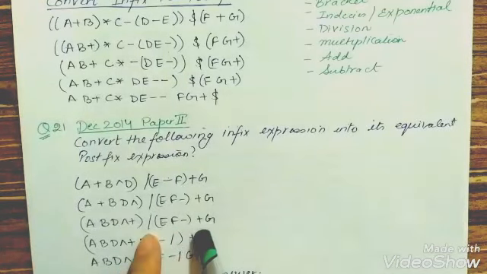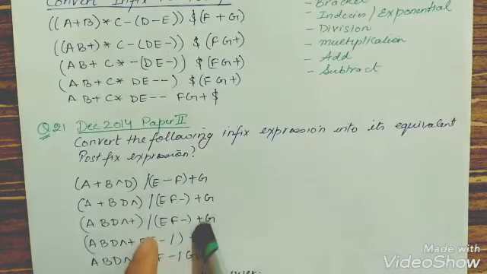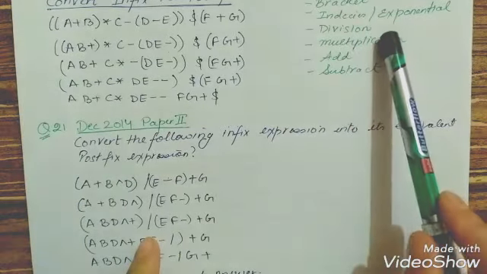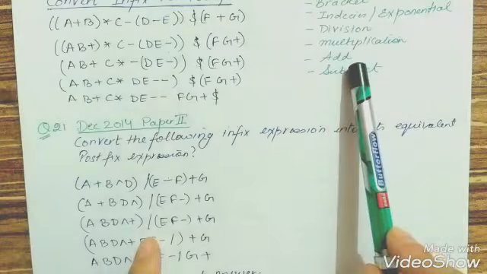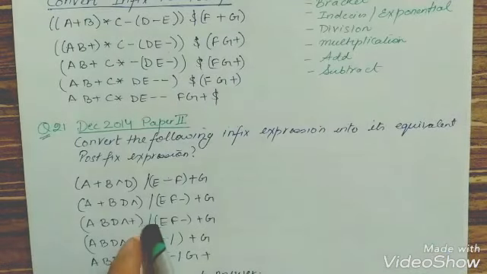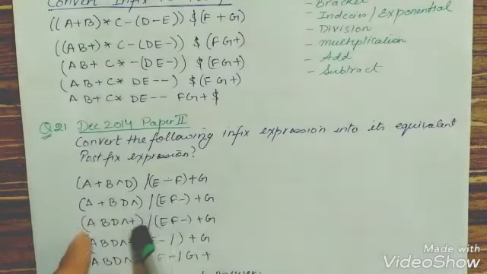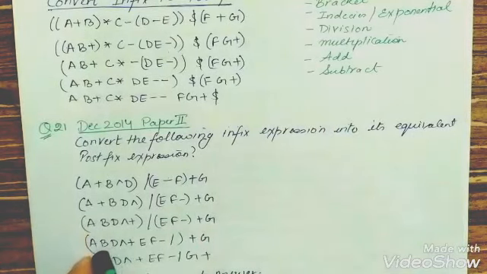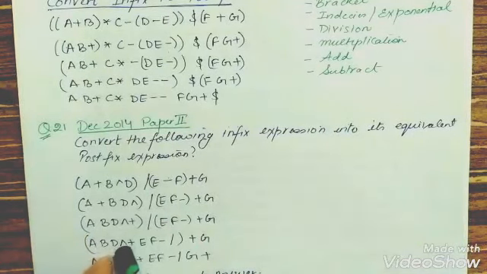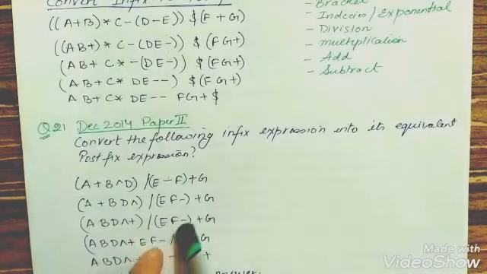So for the precedence of division and plus, we need to compare these two. Division has higher precedence and addition has lower. So we are going to solve these two first. Fine. So what we get is a b d exponential plus, and we take this ef minus as it is